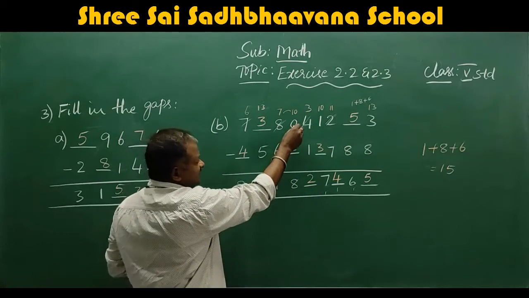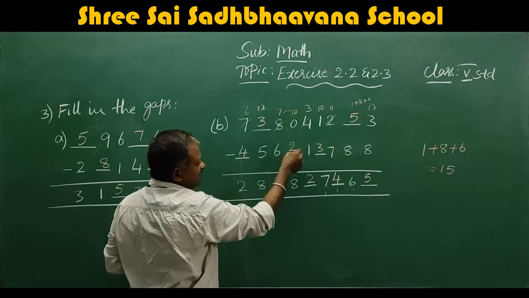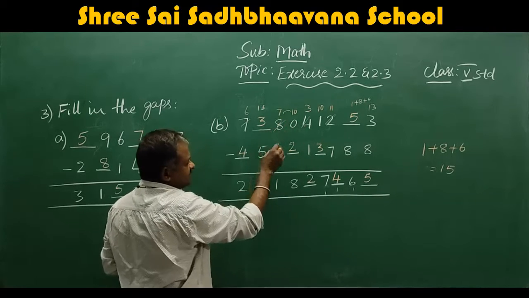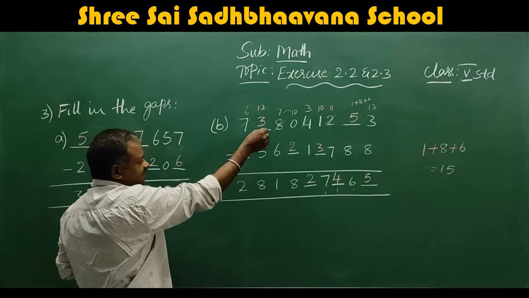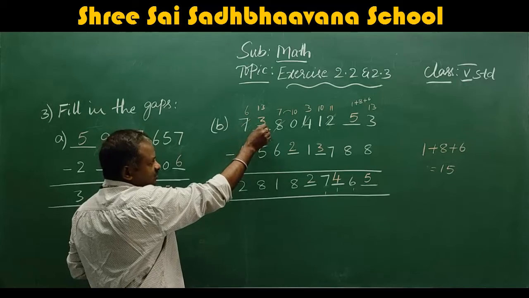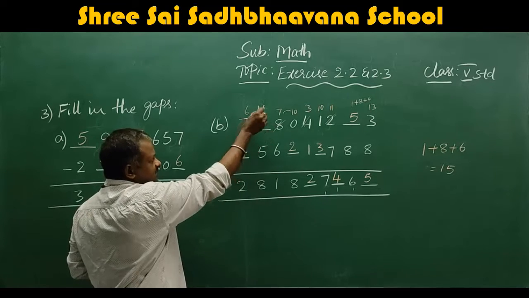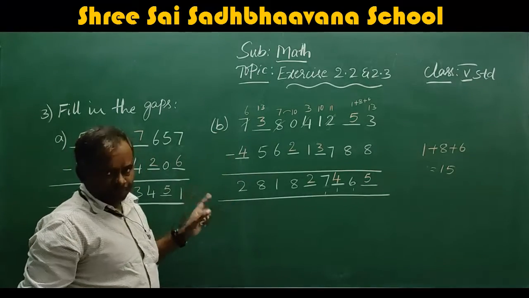Next, this is 0 they have given. We have taken carry 1 here. 10 minus 2, 8. This becomes 7. 7 minus 6, 1. So once again, we have to take carry here because they have given 5 and 8. So greater number, smaller number should be there. 13 minus 5, 8. This becomes 6. 6 minus 4, 2.